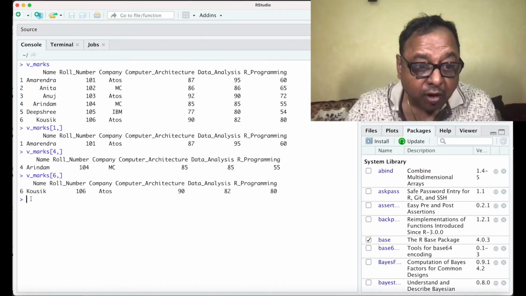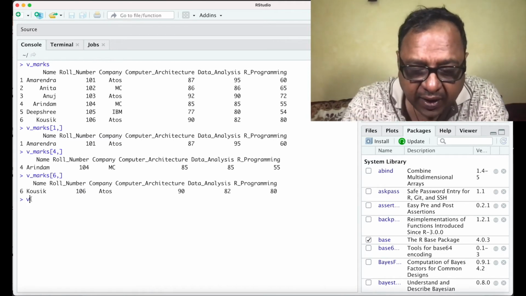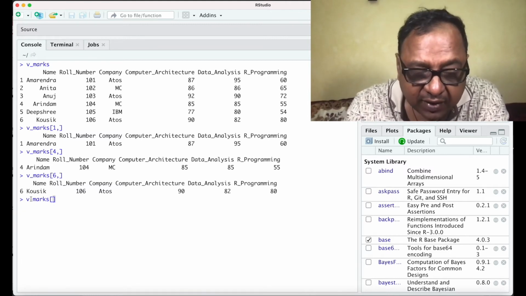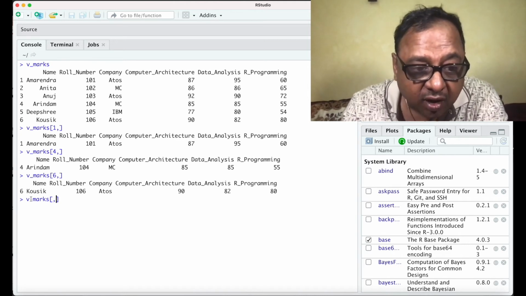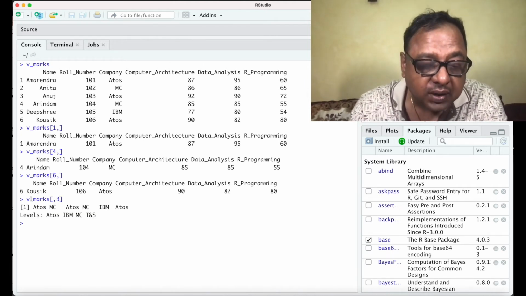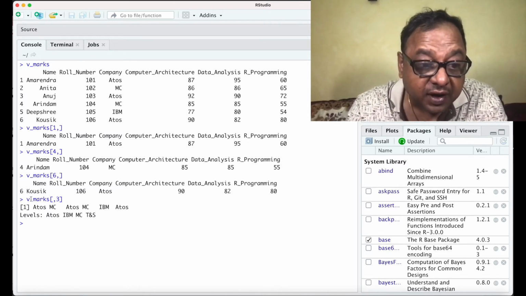So now I want to see all the rows for a particular column. So we can say v underscore marks of, first give the comma because I want to leave the row number empty, and I can give any column number. So I say number 3. So it shows me all the company names of the different records.